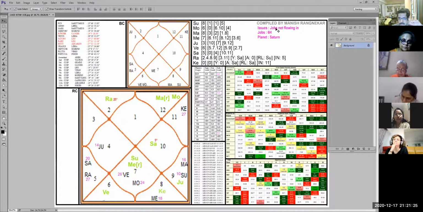Because jobs not flowing through, money not coming into the 6th house again, the planet which can possibly cause a halt to that is Saturn. If it was that ekdam end tak ja raha and last minute काम fizzle out ho raha hai, that looks like Rahu. That could be Rahu. Okay. So basically these are the things.